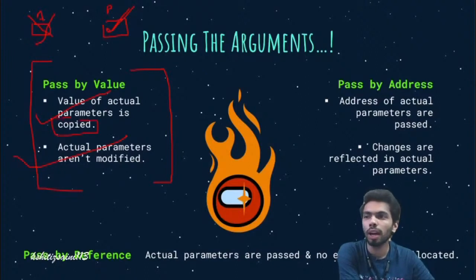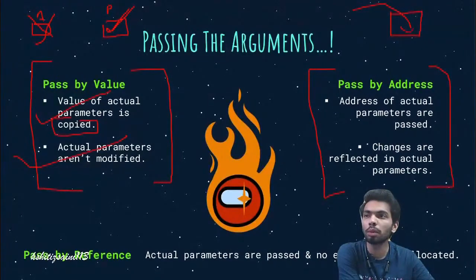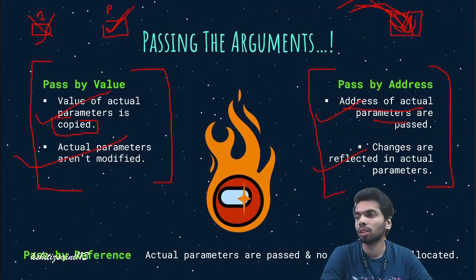अब पास बाय एड्रेस क्या होता है सर? अब इस कॉन्सेप्ट पे आते हैं अबाउट द पास बाय एड्रेस। तो इसके अंदर क्या होता है हमारा कि इसी का एक पॉइंटर पास हो जाता है, बाय पॉइंटर पास हो जाता है, और वो इसी को पॉइंट करेगा। तो जो एक्चुअल एड्रेस ऑफ एक्चुअल पैरामीटर आपका, ठीक है, एड्रेस पास होगा इसका, ये पैरामीटर पास नहीं होगा। और इसके अंदर चेंज रिफ्लेक्ट होंगे एक्चुअल पैरामीटर्स में, क्योंकि जो एड्रेस के थ्रू आके चेंज होंगे वो तो एक्चुअल डाटा में चेंज होंगे ना।